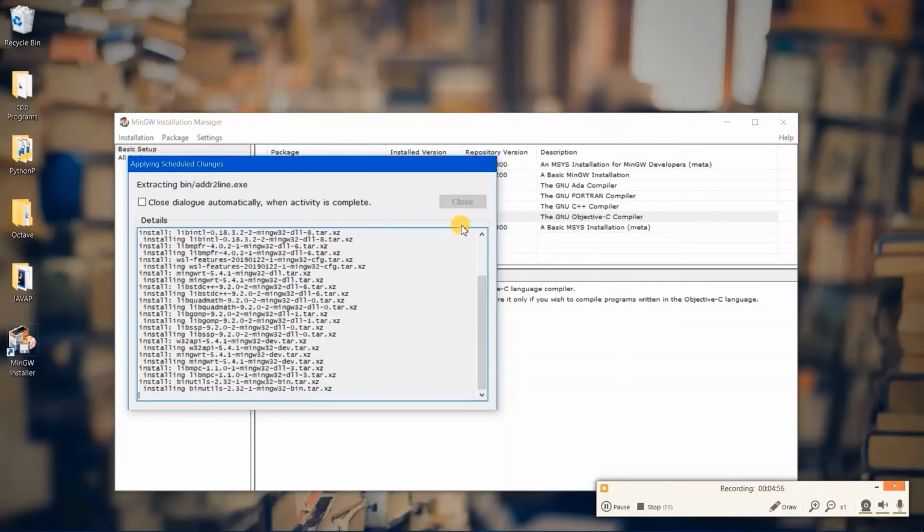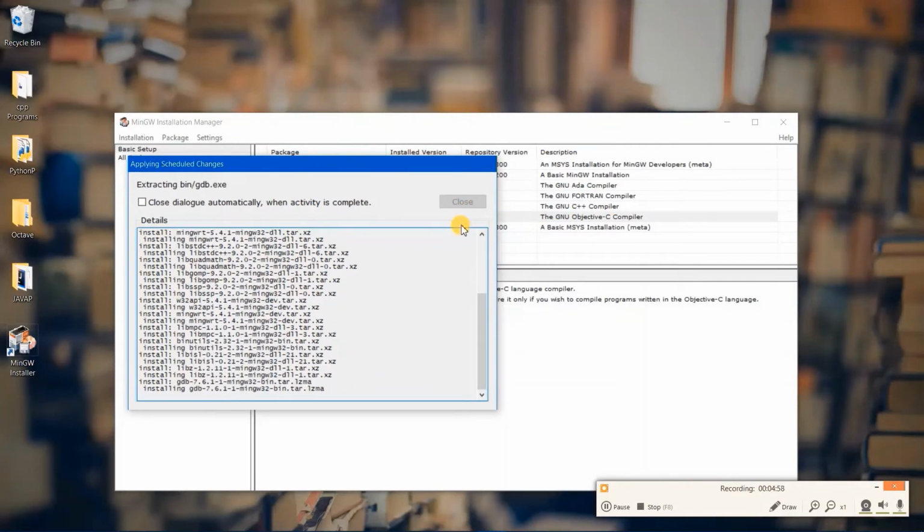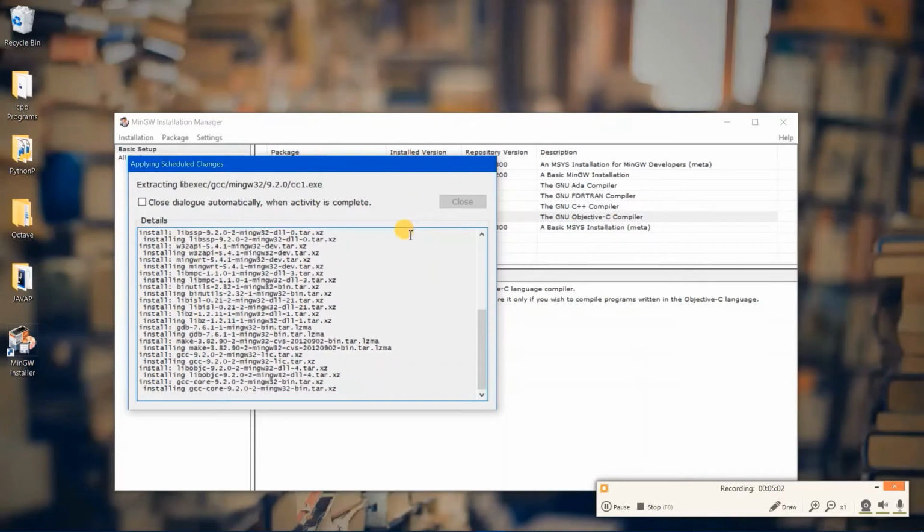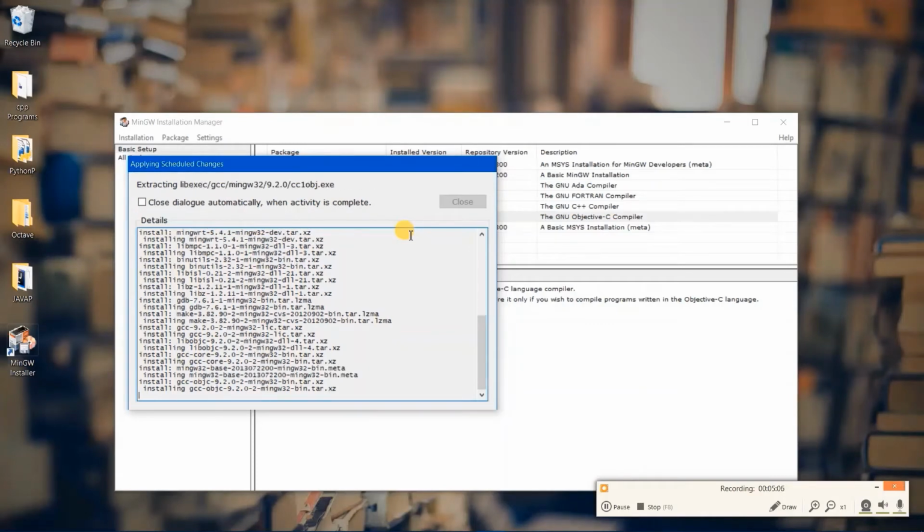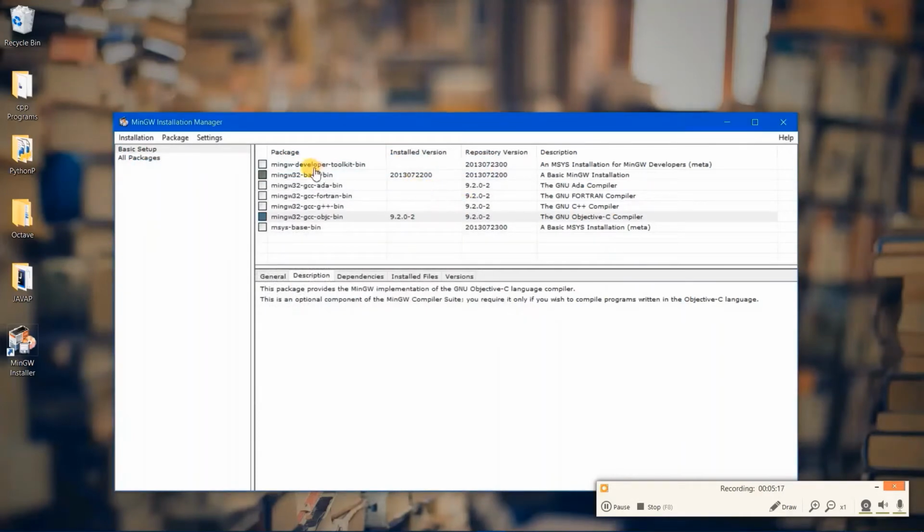Now you have successfully downloaded all packages. Here you can see the details of those packages, which are being extracted from those files. And now after that there is a close button enabled, so we will just close it. And also